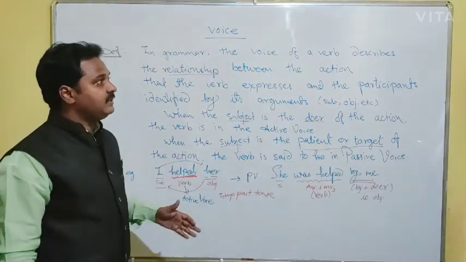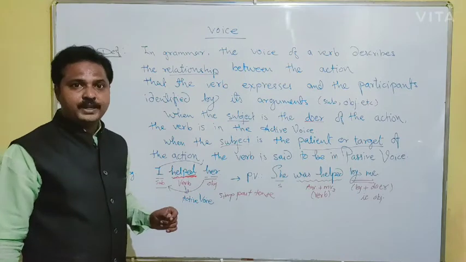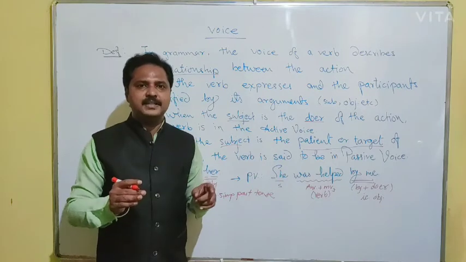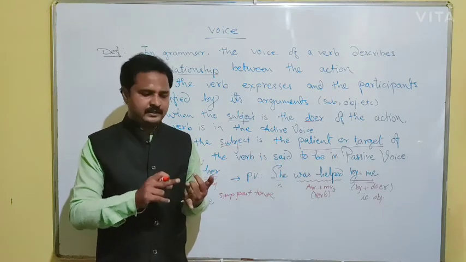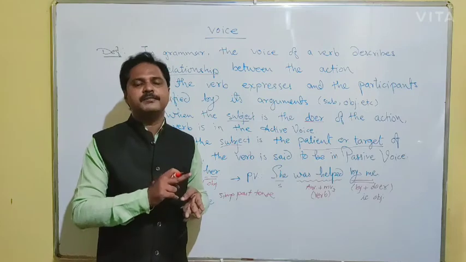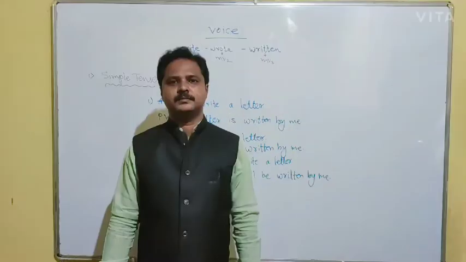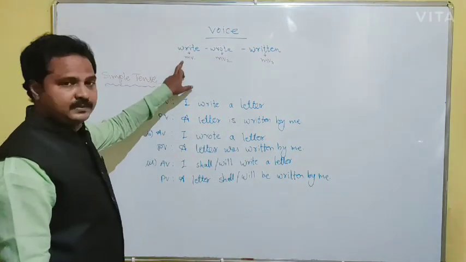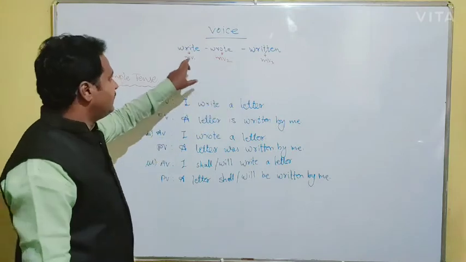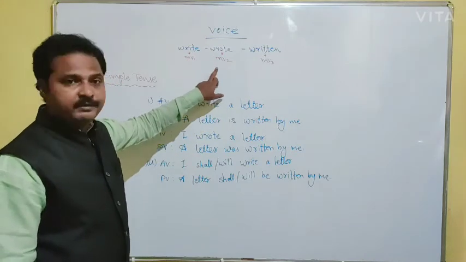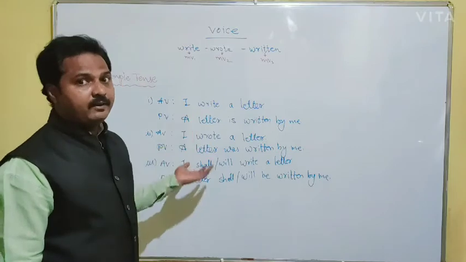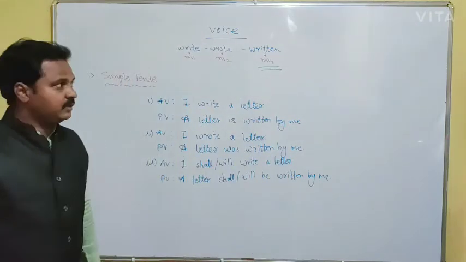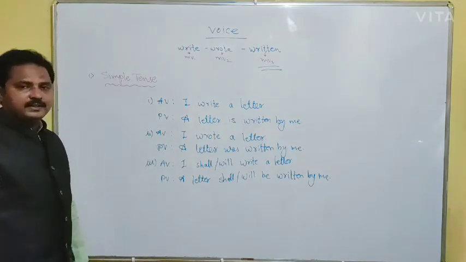So this is a very simple form I am trying to teach you. Now see it in table form, as I have taught you in tenses. Now you see simple tense, then continuous tense, perfect tense and perfect continuous tense. First of all we will see simple tense. We have taken a main verb: write, wrote, written. Write is main verb first, wrote is main verb second, written is main verb three. While making passive voice, we use only the third form of the main verb. Simple tense. Let us see the first example.